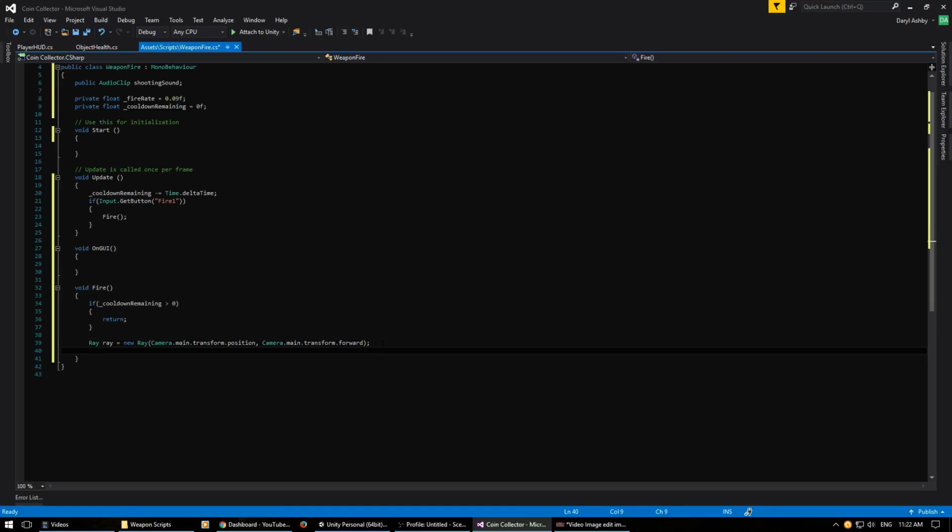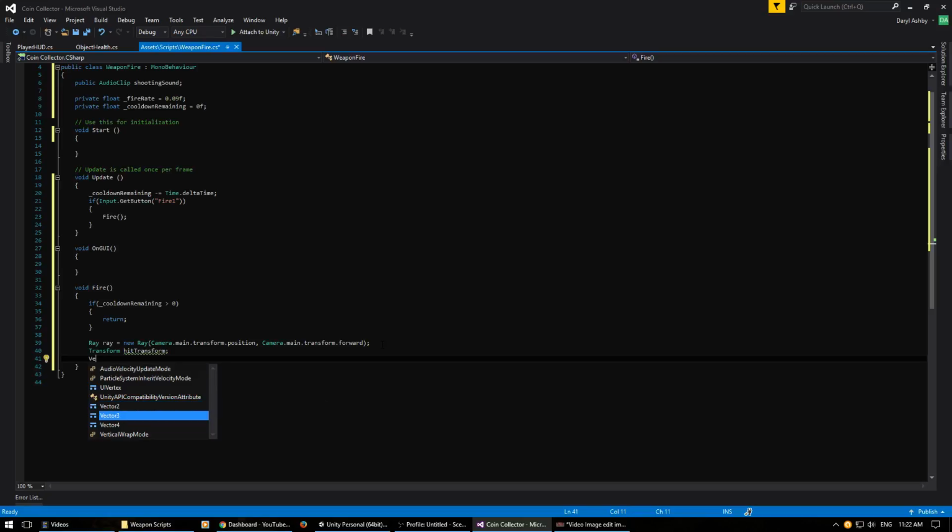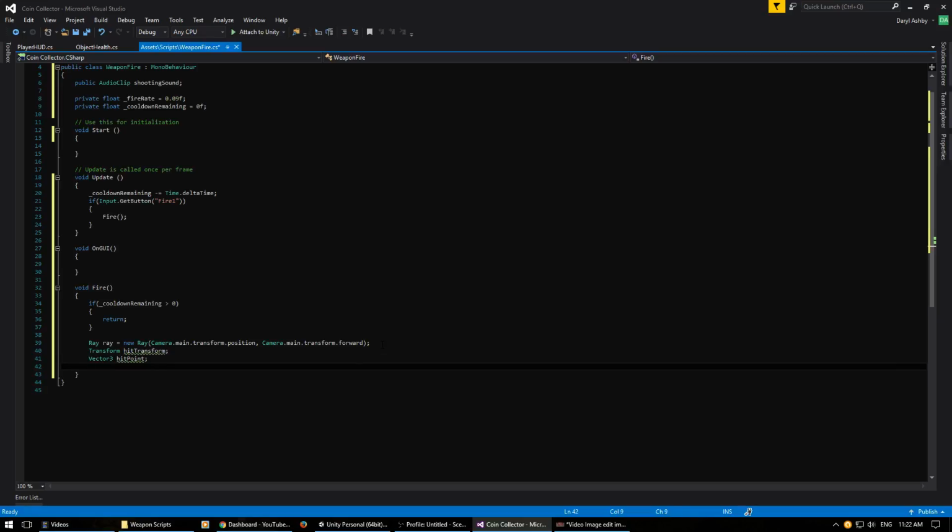Now I want a transform, dot, not dot, sorry, whoops. I'm just going to call it hit transform. And it will have a lovely green line underneath it at the moment. And I want to say Vector3 hit point. Now underneath this I want to say hit transform equals find